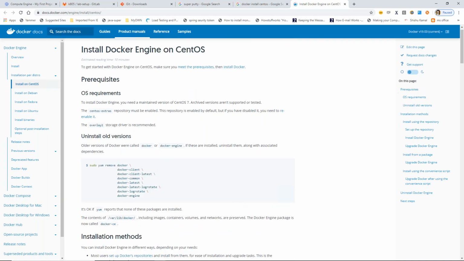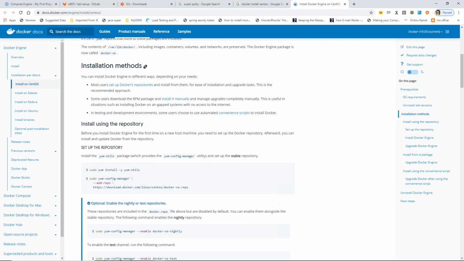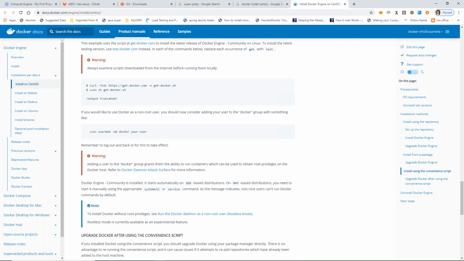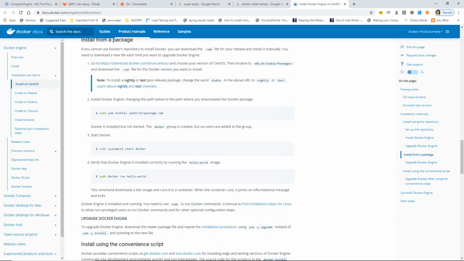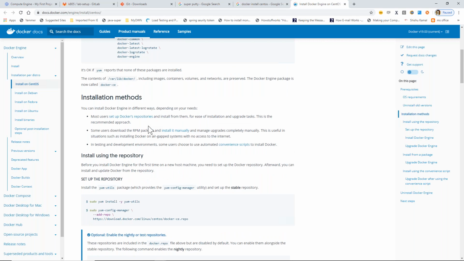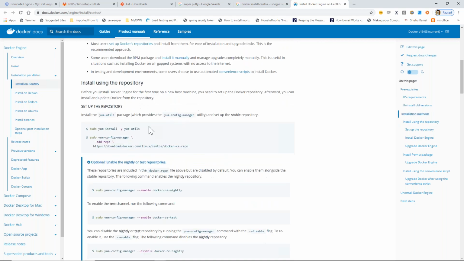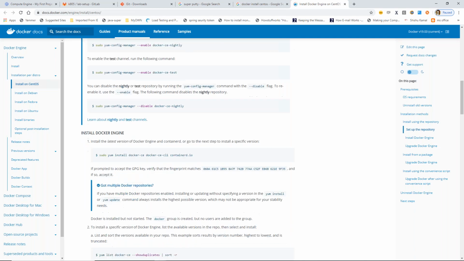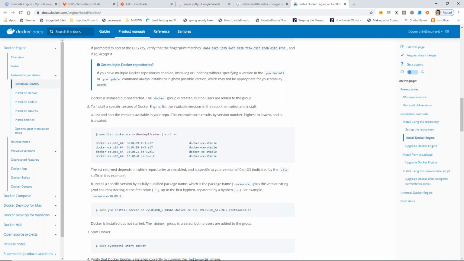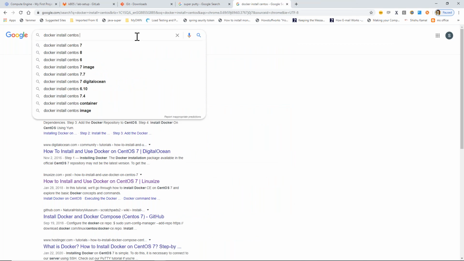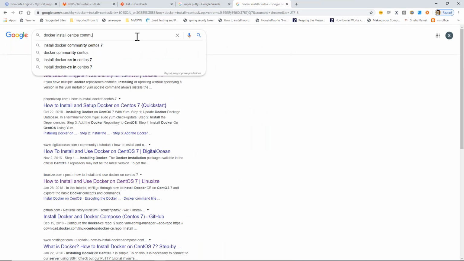So we are going to install Community Edition. Not this one, just type Docker install CentOS Community Edition.